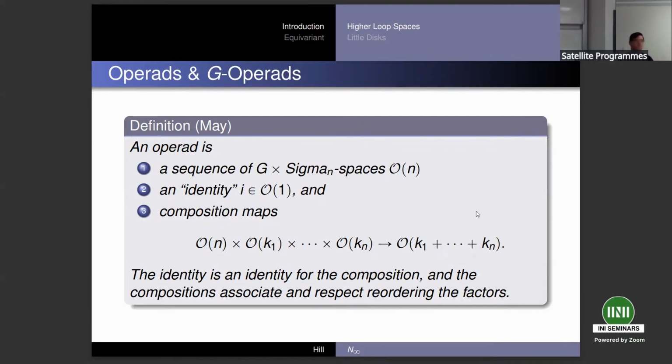So all of my groups are going to be finite groups. A lot of what I say actually works in the compact Lie case. Every time I say, if you want to think about the compact Lie case, I only ever consider finite index subgroups, and then everything I say goes through mutatis mutandis. It turns out there are groups that are not finite or compact Lie. I will not consider those.